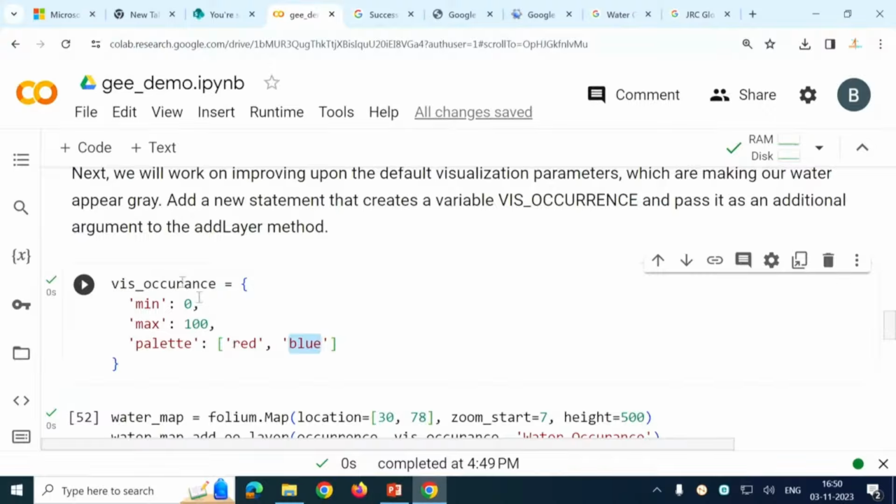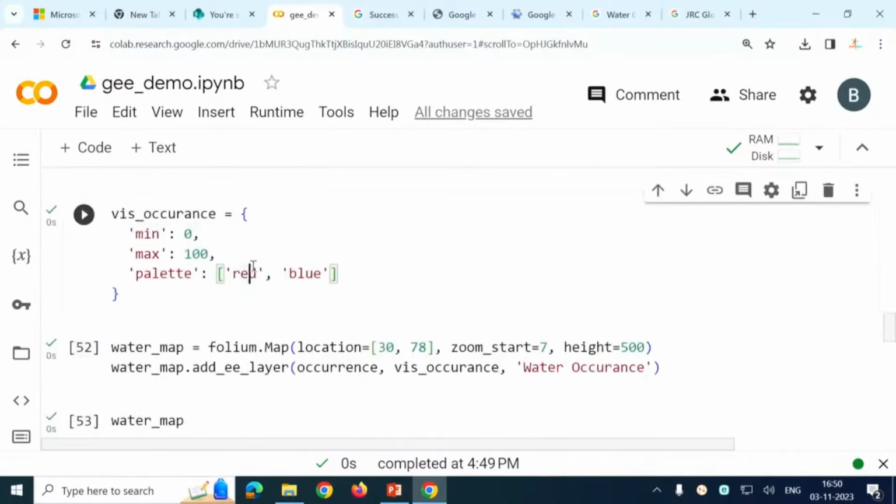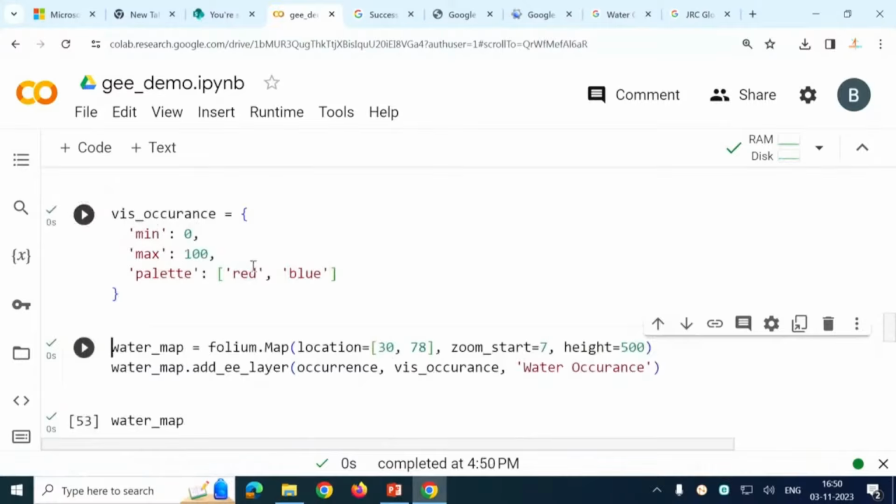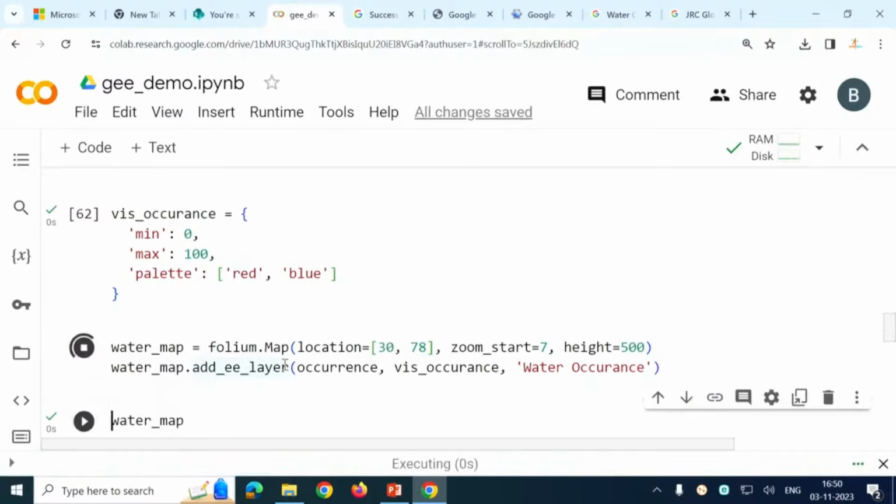So we are creating a new dictionary called visualization occurrence. There we are specifying minimum value, maximum value, and the color palette to be used for visualizing that particular image. So we are saying use 2 colors: for 0 use red, and as the number increases use blue. Now everything is same, only for the water map add layer, here we are passing a second argument called visualize occurrence, and